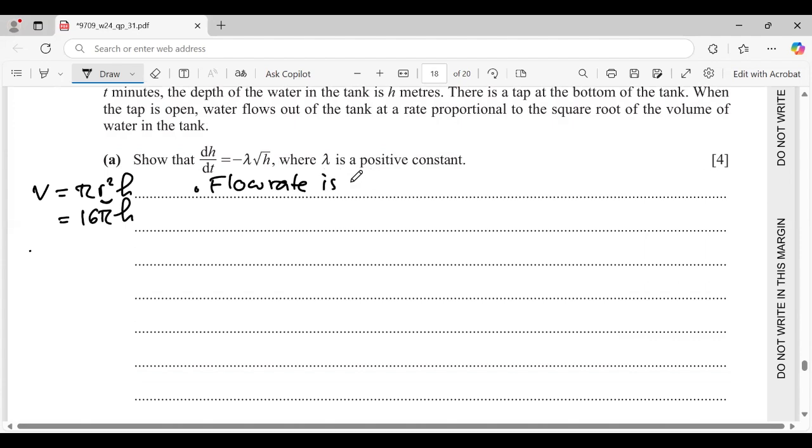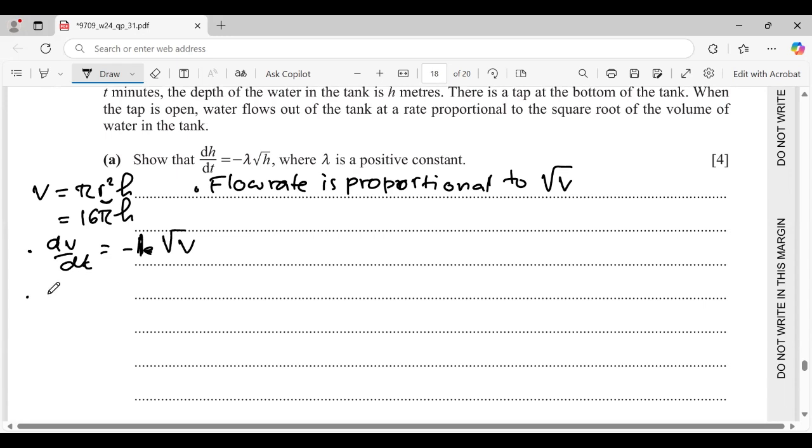The flow rate is proportional to the square root of V. So dV/dt equals minus k square root V, where k is greater than 0 and is a constant, the constant of proportionality, and the negative sign indicates that the volume is decreasing. After that, we use the chain rule